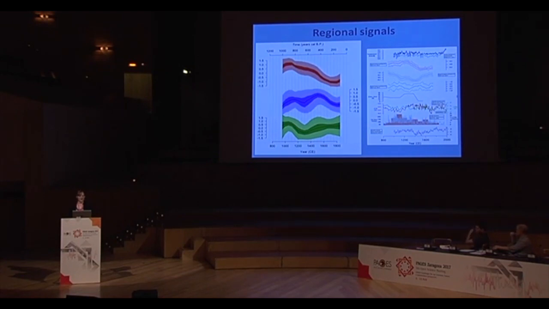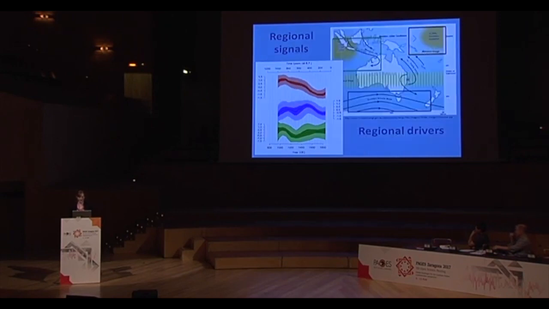Our next step was to compare these outcomes to pre-existing paleoclimate reconstructions that represent possible climate drivers within this region. When we compared our principal component analysis modes to the existing paleoclimate reconstructions, mode number 1 showed the greatest match with the El Nino Southern Oscillation variability through time. The second mode of variability showed the greatest match with the Southern Annular Mode through time. And then the third mode,